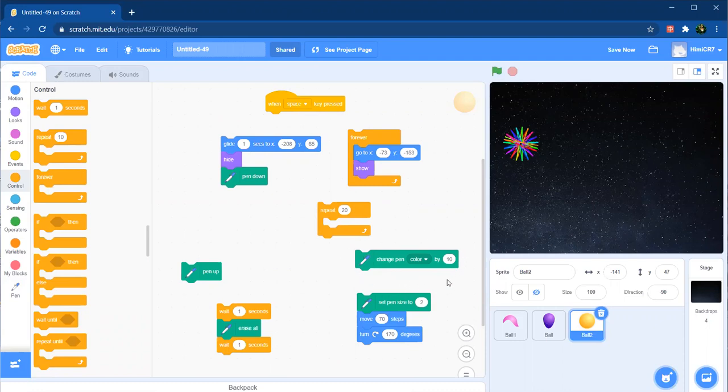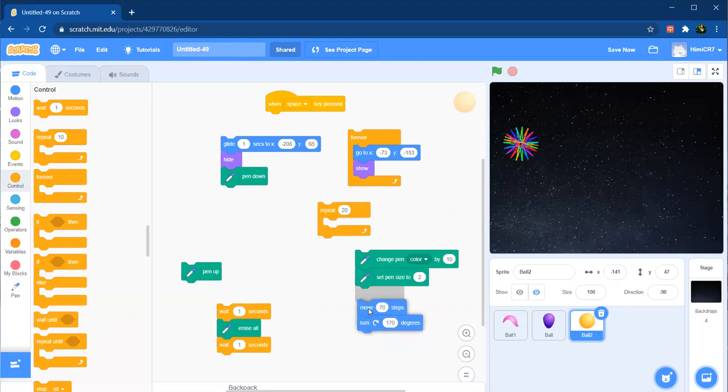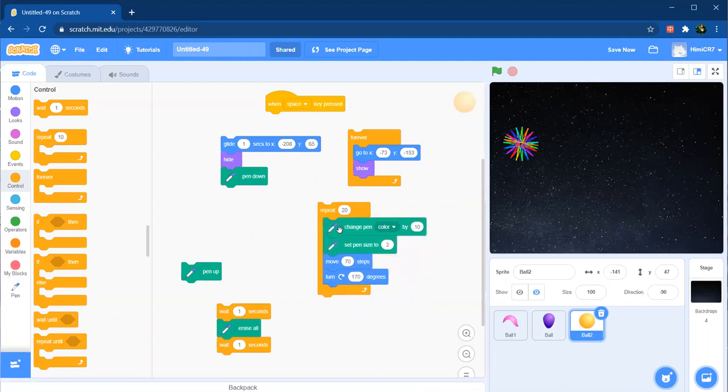The pen size block is used to determine the thickness of the pen. If the size is lesser, it will be thinner, and if it is greater, the pen will be thicker. Also, I have turned the direction of the sprite by a certain angle so that the sprite repeats this to move in a circular pattern.